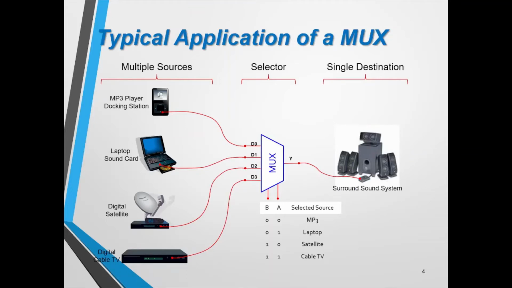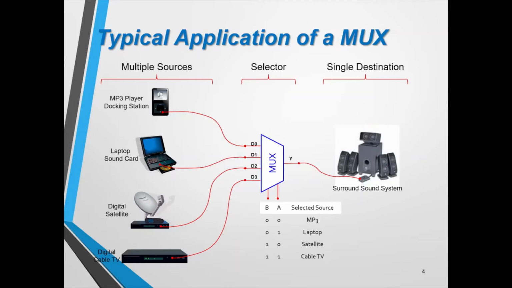You can see that there are multiple inputs and there is a single resource. Now the resource is a surround sound system. We have only one surround sound system and there are 4 different input sources, audio sources, which can be played on that surround system. This multiplexer will help to select among these 4 inputs and connect it to the output. Actually all of them are allowed to play their audio signals on the sound system, but the multiplexer will allow them to select only one at a time, and then it will be played on the surround system.